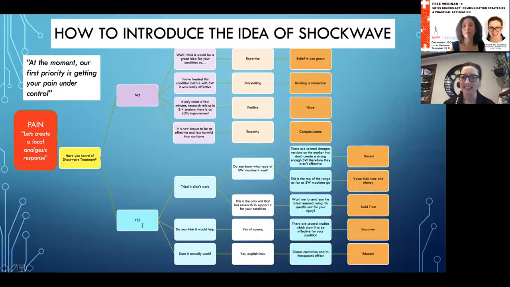If someone says yes, they have heard of shockwave, I tried it and it didn't work, you can say things like, do you know what type of shockwave machine it was? Or, this is the only unit that has research to support it for your condition, potentially. There are several cheaper versions on the market that don't create a strong enough shockwave, therefore they aren't effective. This is the top of the range as far as shockwave machines go. You might say, would you like me to send you the latest research using this unit for your injury? So building trust, valuing their time and money, being honest, all really important things to build rapport with